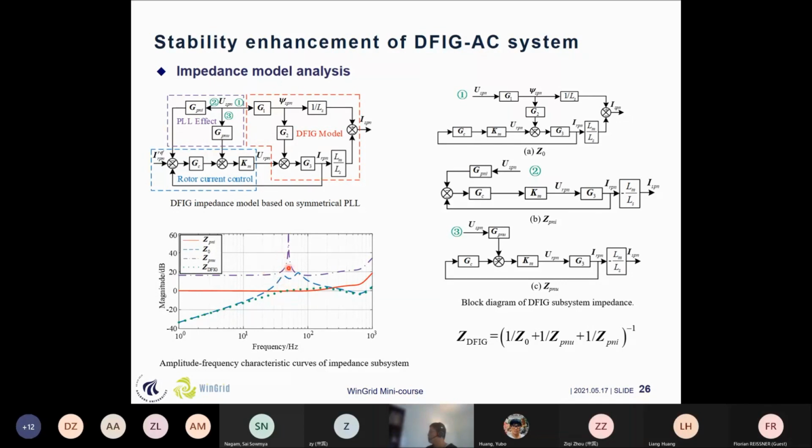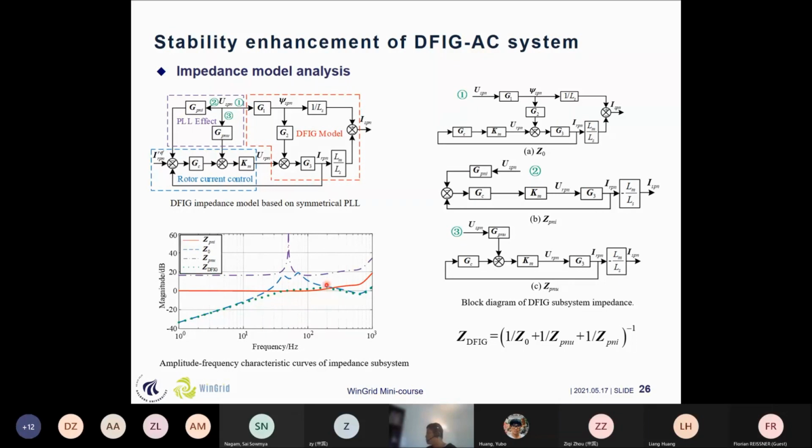And here we have the solid red line, which is the GPNI, and the GO is without considering any other parts. This is the GPNU caused by this part, and the green dotted line is the real DFIG impedance. So we can see here that there is a very obvious